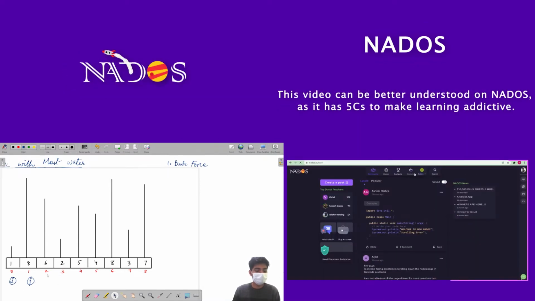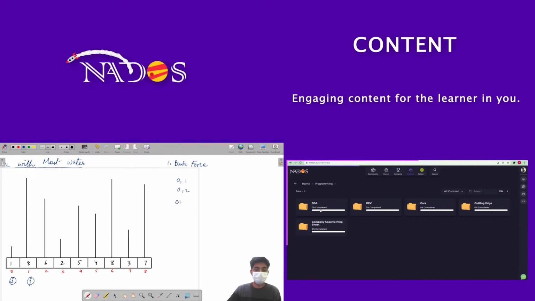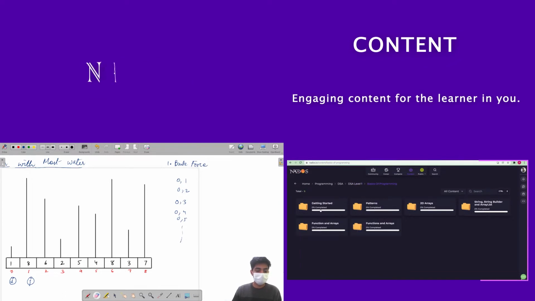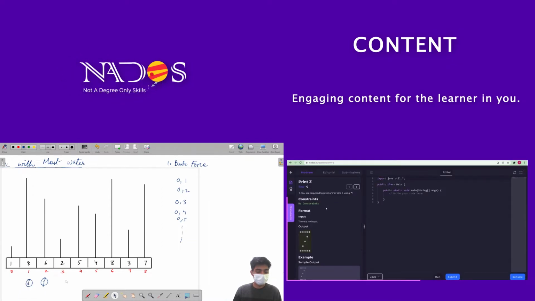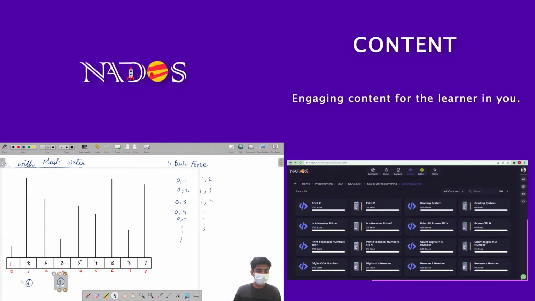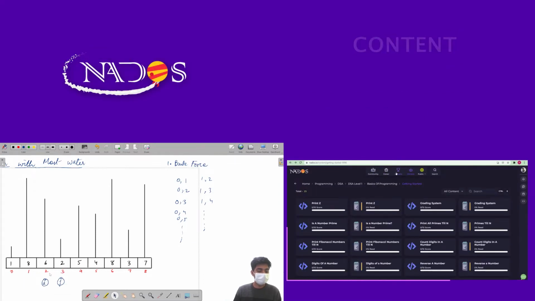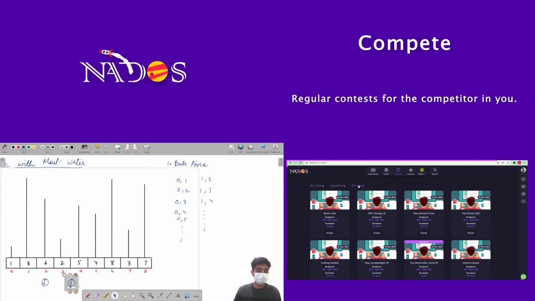So if i is sitting at 0, then j will go to 1. Okay, we will have a pair of 0 comma 2, then a pair of 0 comma 3, 0 comma 4, 0 comma 5, and so on, right? Then I will move to 1 and j will start from 2, right? Then we will have 1 comma 2, 1 comma 3, 1 comma 4, and so on. So we will have these multiple pairs. We will do this thing multiple times, right? Then when i comes to 2, then j will start again from 3, 4, 5, 6, 7, 8, right?